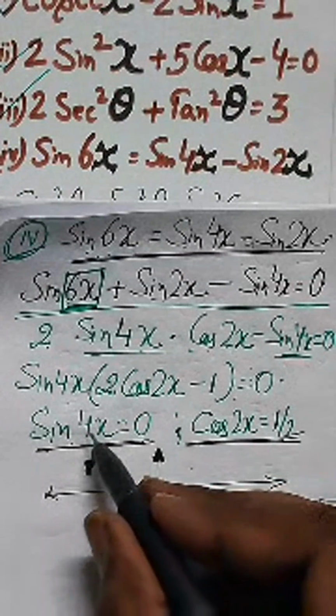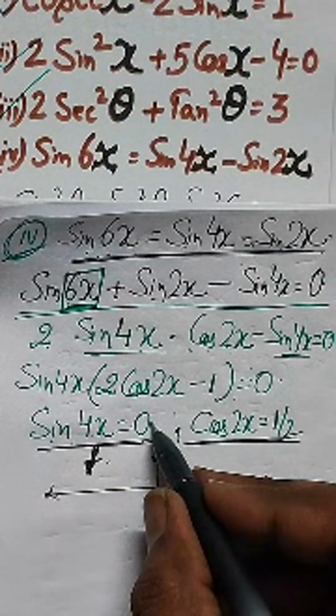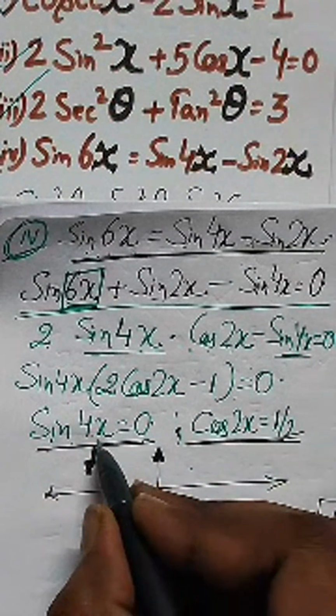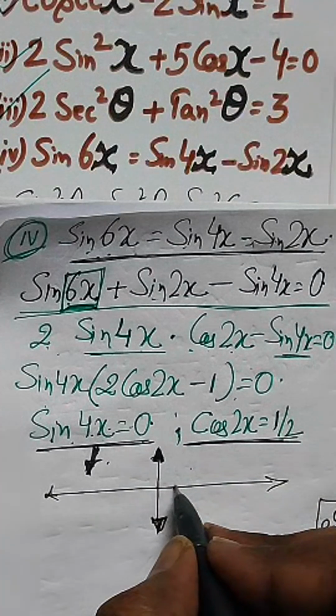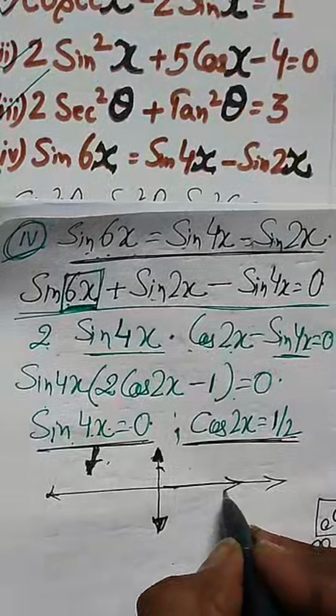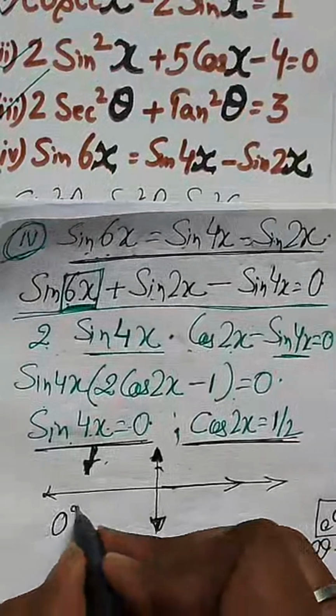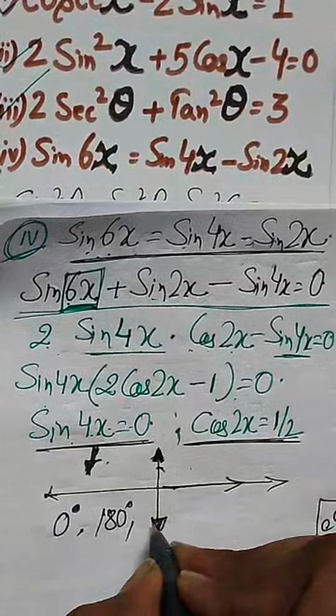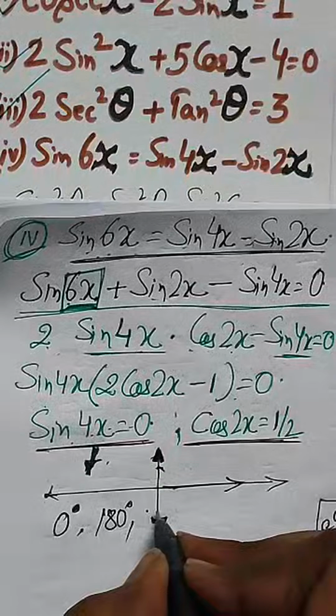So here sine 4x equal to 0, right? So when the sine of any value will be 0, sine 0 is 0, right? So this is into the multiple of pi, either 0 or 180,